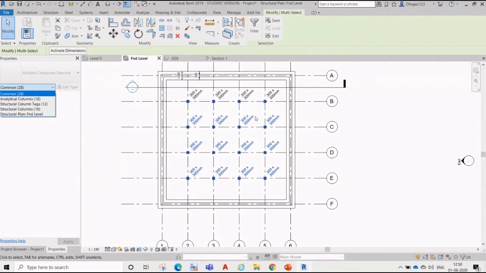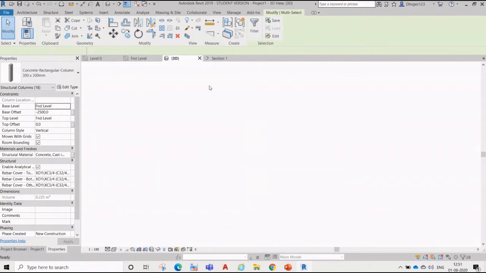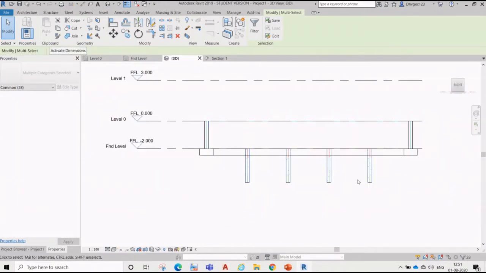Here you can see whatever you selected. It will show what you have selected. What I want right now is the structural column property. Here it's saying foundation level, base level is minor. If you go to 3D, you will see very surprising behavior. You can see the foundation slab top is this one, and the column is going downside, which we don't want.